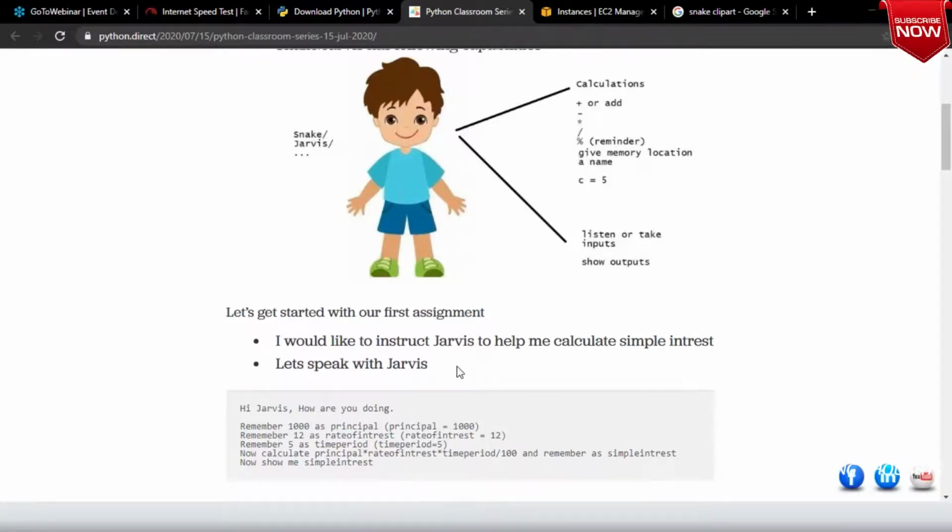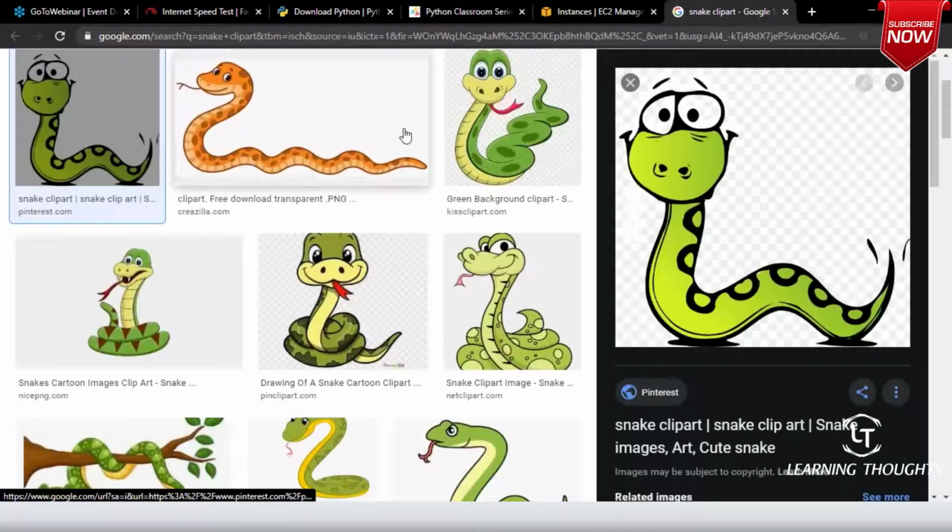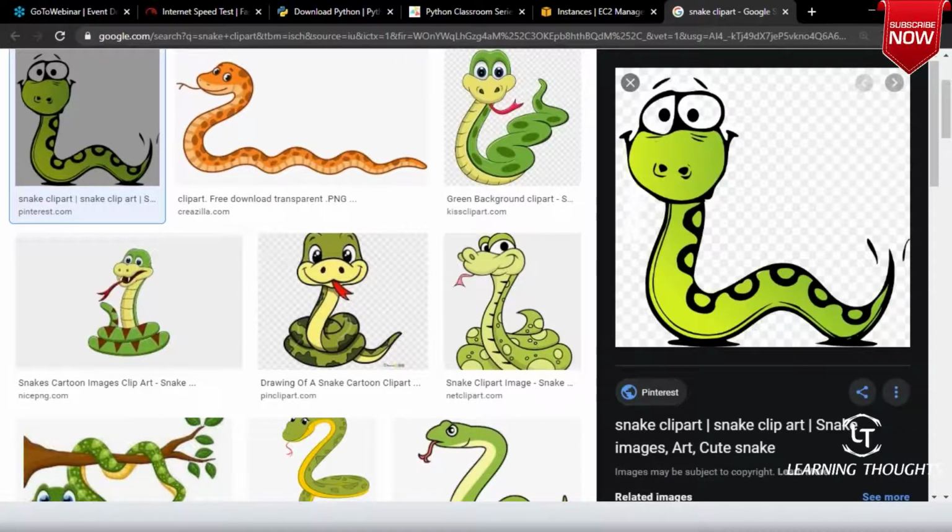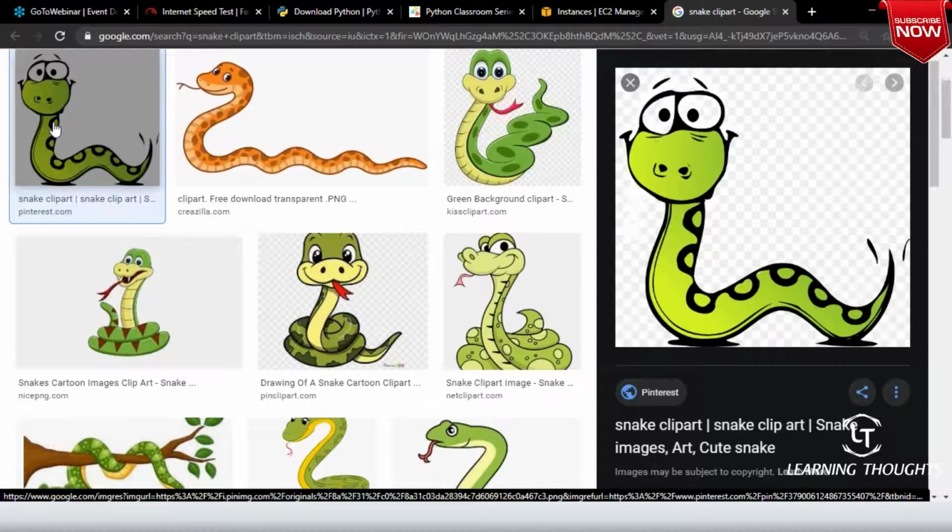Once we know a little bit of his capabilities, we will go back to our language. We will start speaking in the language which we understand, and then we will make this Jarvis and this guy friends. Whatever you have spoken to Jarvis, how can you speak with this? That would be our discussion. But before that, we need to understand this snake, which I am calling Python, and its capabilities. Am I clear on this, sir?